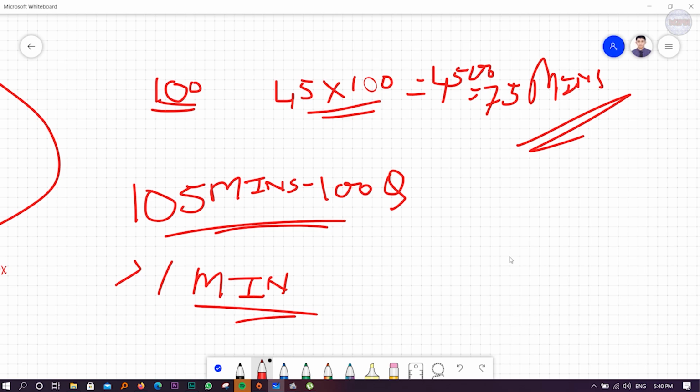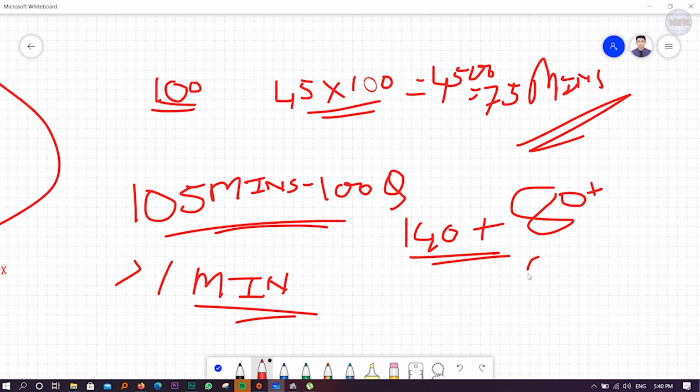And for GP rating, the cutoff, I guess 140 plus will be enough to get selected. That is my assumption. Nothing official, but I guess so. Try to get at least 80 in your knowledge part. 75 is also okay, and at least try to get 60 to 65 in the aptitude,